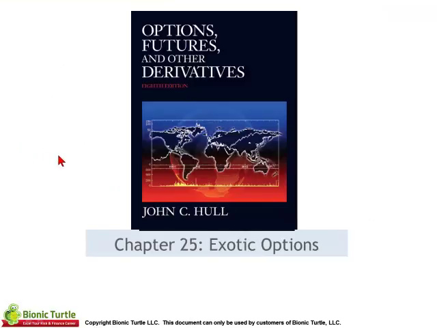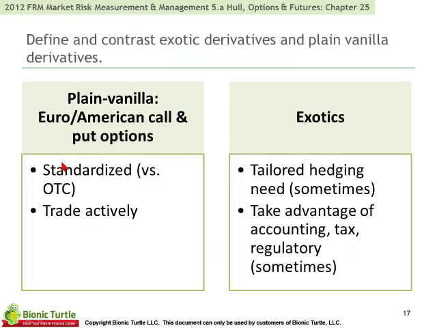Chapter 25 is exotic options. And so we start with the distinction between plain vanilla call or put options. Those are standardized as opposed to over-the-counter and tend to trade actively. Exotics are generally any non-standard options and therefore not well suited to trading on an exchange. And they serve to meet a specific need to tailor the hedge, or maybe to take advantage of accounting,